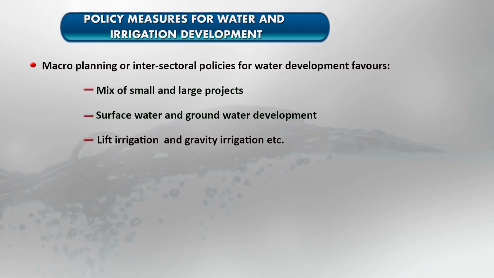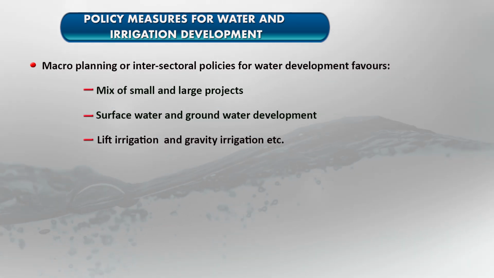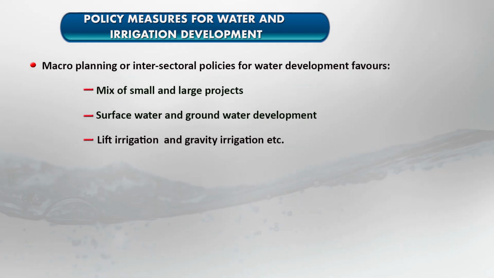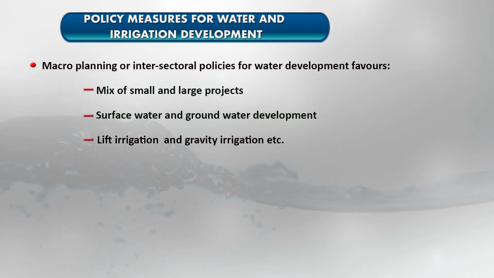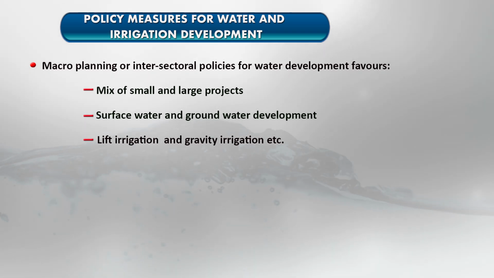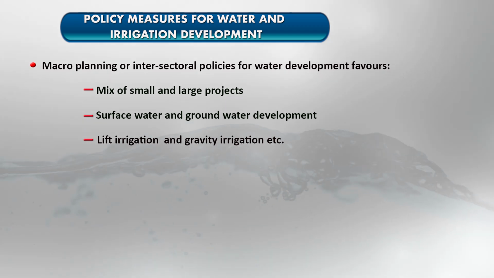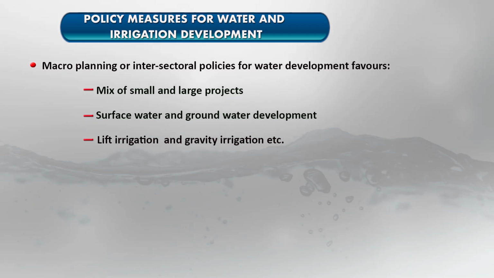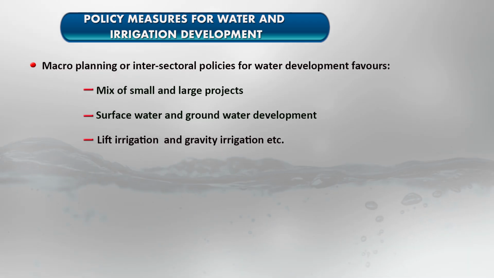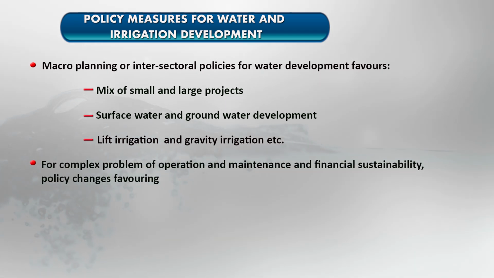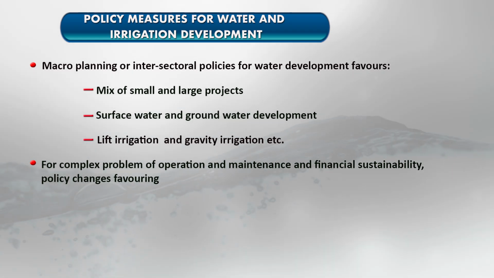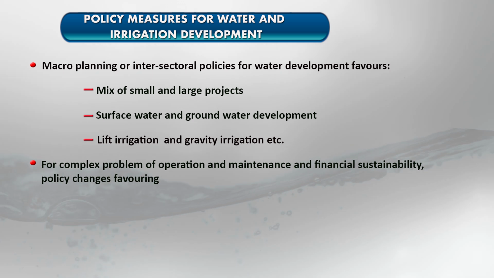And they basically also promote surface water and groundwater development, recharging of the groundwater, or creating of dam or irrigation projects. And also the macro policies, basically they have promoted the lift irrigation or the gravity irrigation. So various measures have been adopted to make irrigation water available. And basically this is a complex process, and it involves the complex problem of operations and maintenance, and